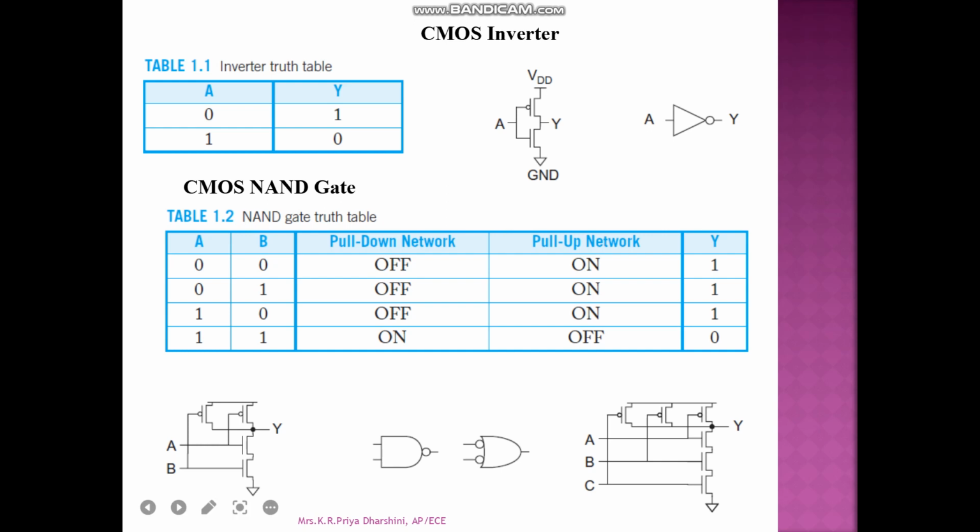For NAND, what we are using is PMOS connected in parallel, and NMOS transistors connected in series. For the two input, only two transistors are used for the PMOS and